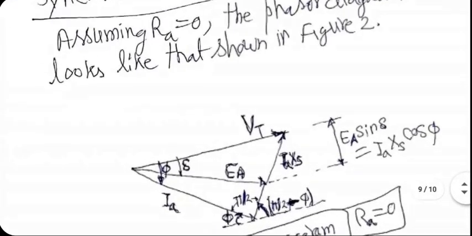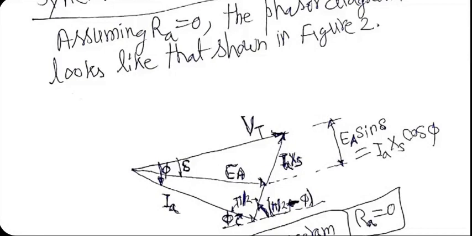Basically, let's assume that Vt is the reference voltage. That means it has 0 degree phase shift. Terminal voltage is the reference. EA will have an angle delta, and let's assume it's a minus angle for the sake of argument. So Vt and EA phasors are straightforward, right? And the difference between them will be IA XS, obviously, because of Kirchhoff's voltage law applied to the equivalent circuit. This is how these three phasors are drawn here.